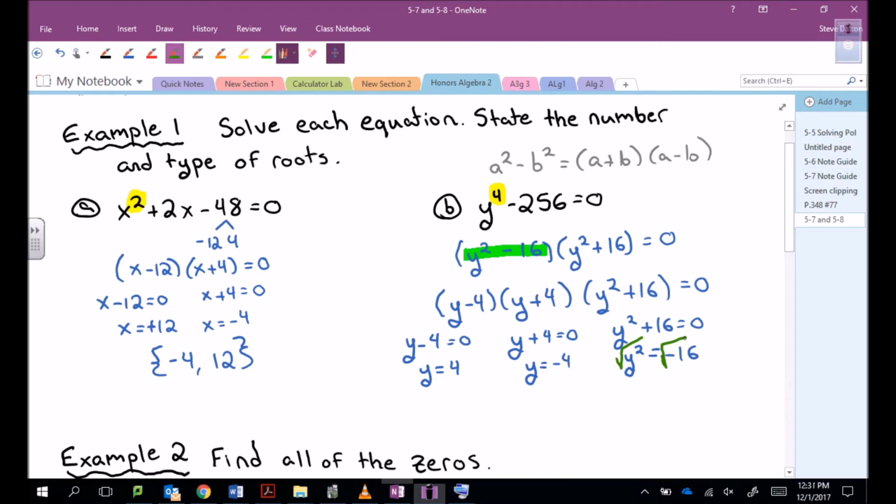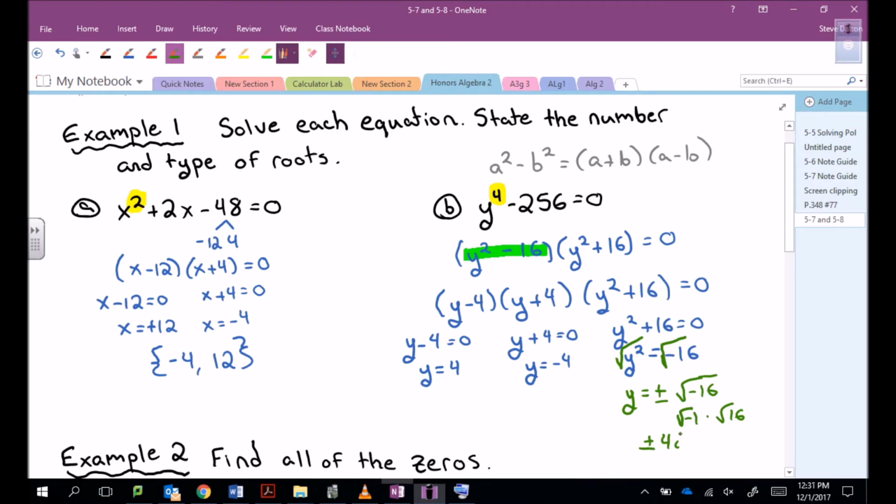Remember that if I take the square root of both sides, I have to use a plus or minus. So y equals plus or minus the square root of negative 16, which we know is really the square root of negative 1 times the square root of 16. So we would simplify that and say that that's plus or minus